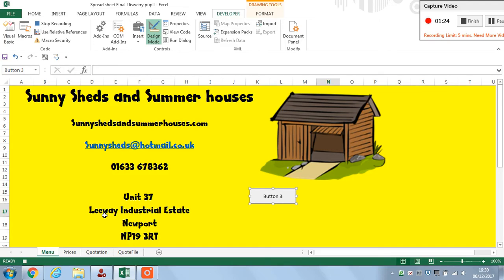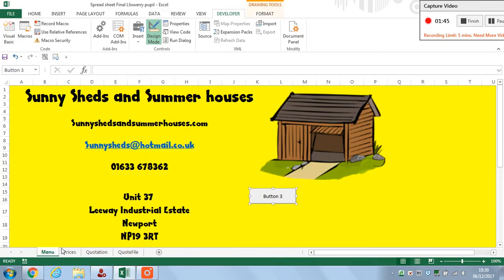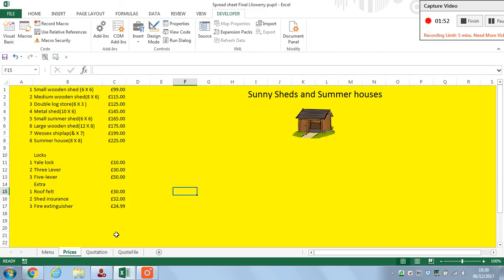I've now started recording, so basically everything I do from this point forward is recorded and then is repeated once the button is pressed. So simply from this button I'm going to go to my prices sheet, and once I'm there I press stop recording. So if I go back, there's my button. It's displaying button 3. We'll modify that in a moment, and if I click it, it takes me to my prices